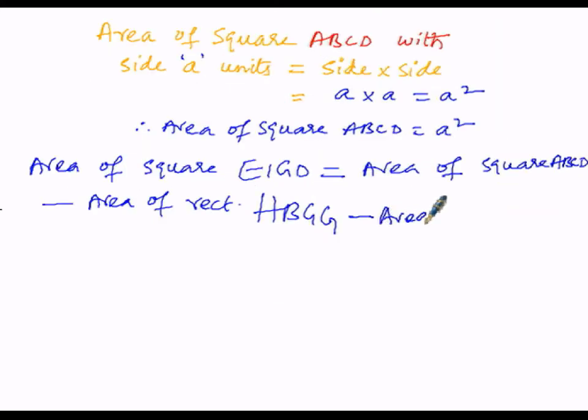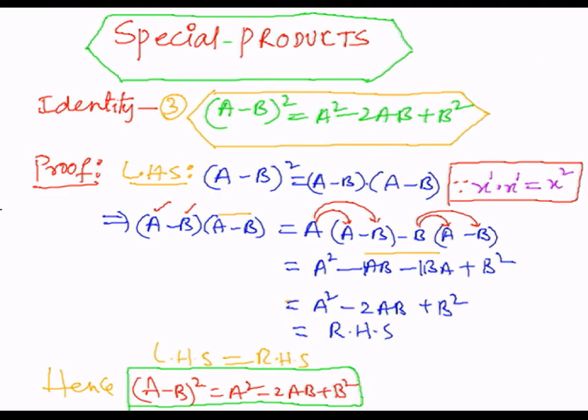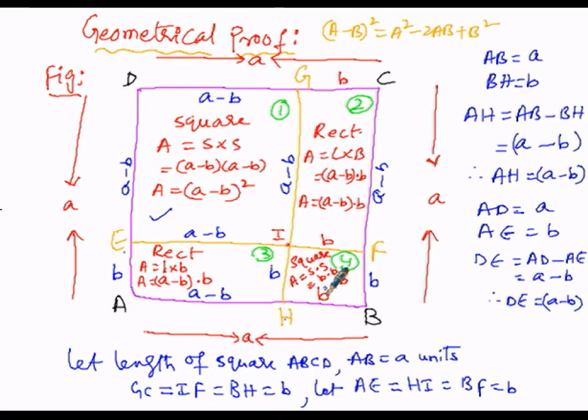Then since square is subtracted twice, once we have to add up, so that these three parts will be subtracted from the entire figure